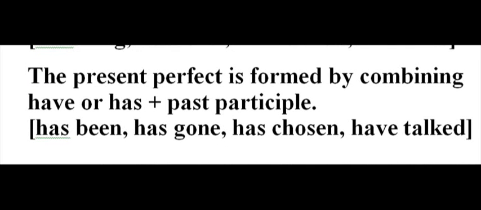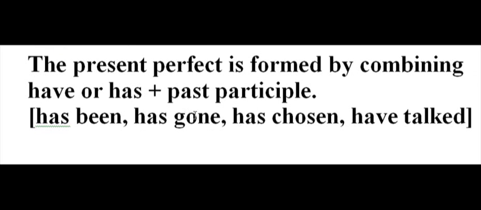The present perfect is formed by combining have or has plus a past participle. So to get the present perfect, we combine only the words have or has and the past participle. And the past participle is talked about before this video. And I don't want to repeat it because I want you to understand all of these things because they all fit together. So if you didn't understand it, go ahead and watch the video again. The present perfect is formed by combining have or has plus the past participle. Examples: has been, has gone, has chosen, have talked. That's the